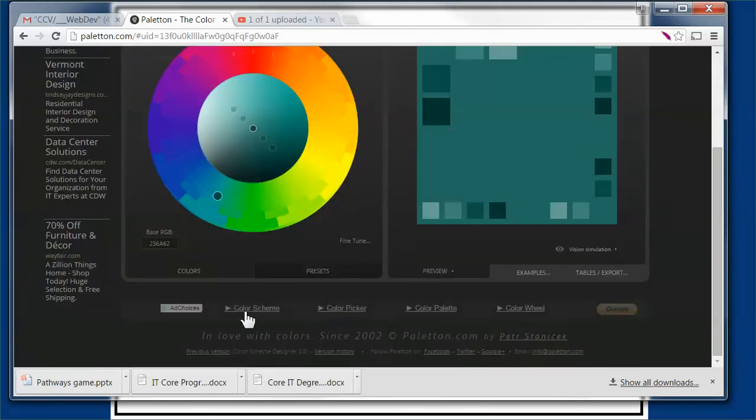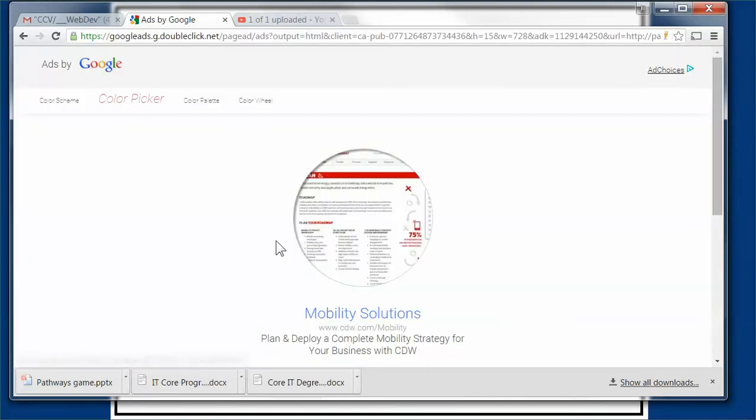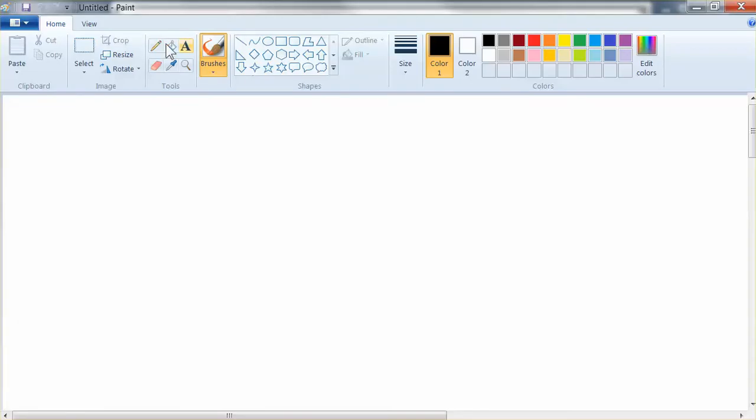You also have links to Color Schemer and Color Picker and Color Palette and Color Wheel. Now, Color Picker is interesting because you can look at different colors. When I'm thinking about a color picker, I happen to like just using Paint. So here's a blank Paint, and if I want to grab something from the web, or I'll just open